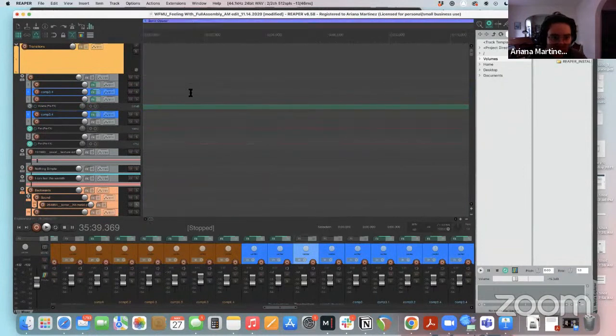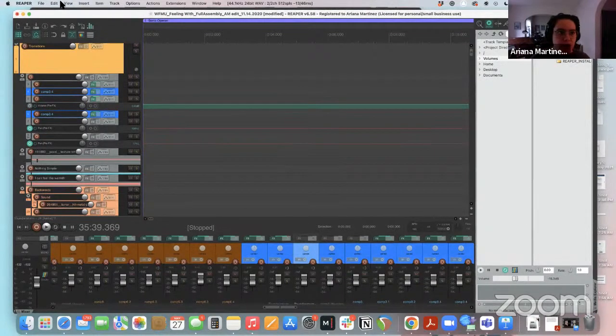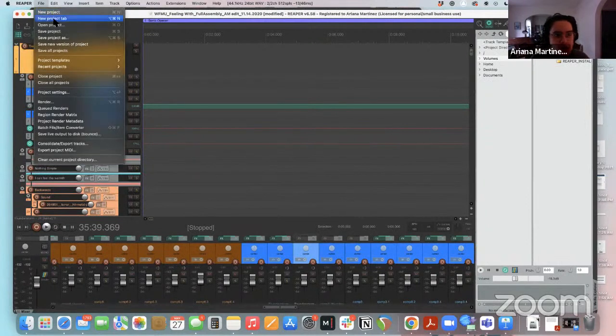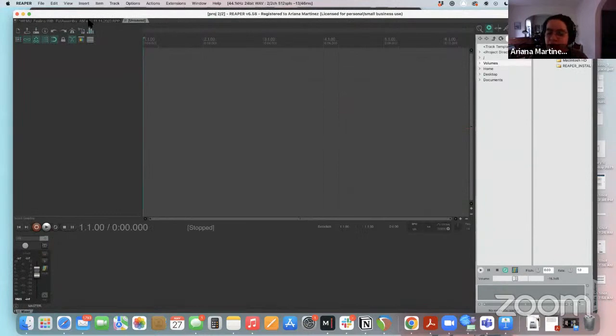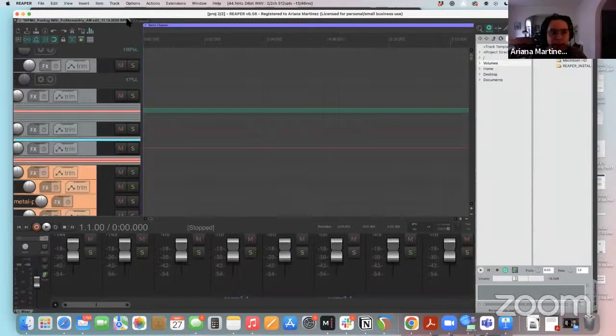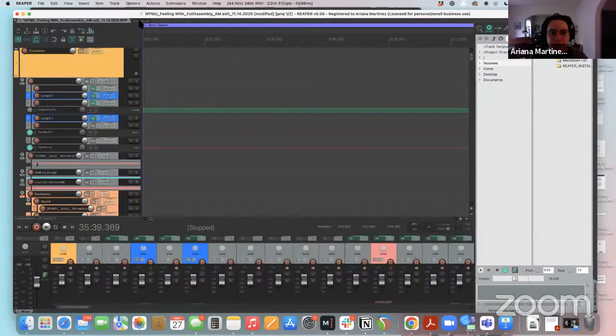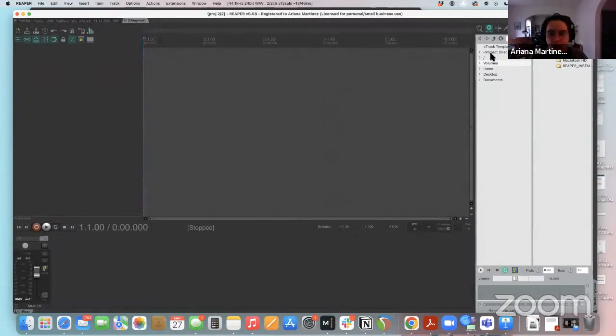So, one thing that I really love about Reaper that, as far as I know, you can't do in Pro Tools, and it annoys me infinitely, is that you can open a new project tab. And what that does is, alongside your existing session, you open up a new session, and it can live right next to it, and you can see them both. And so if I bring audio into it,